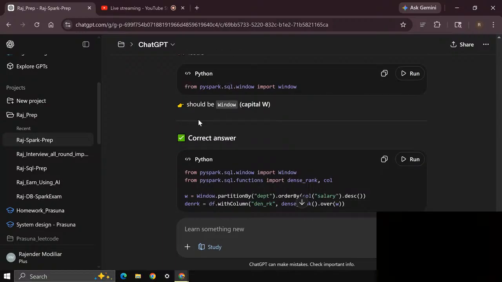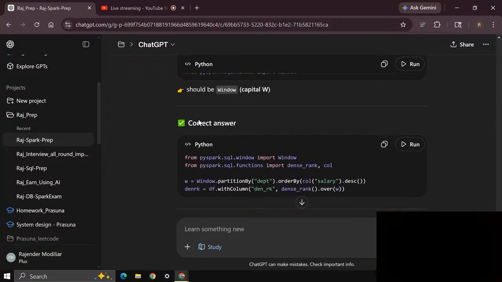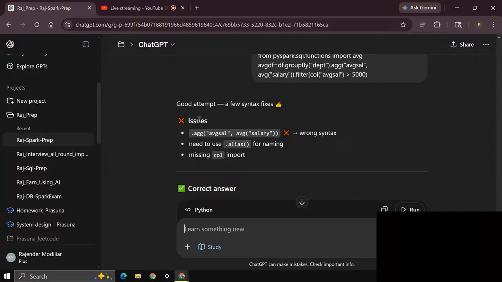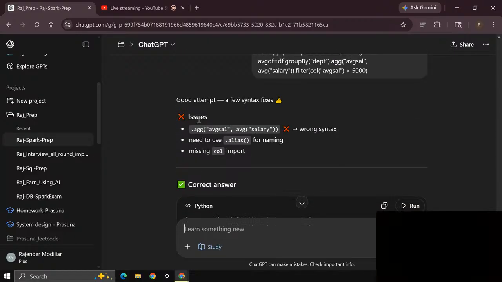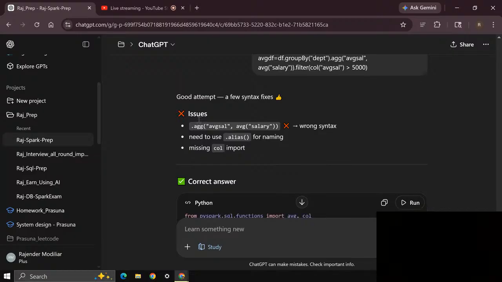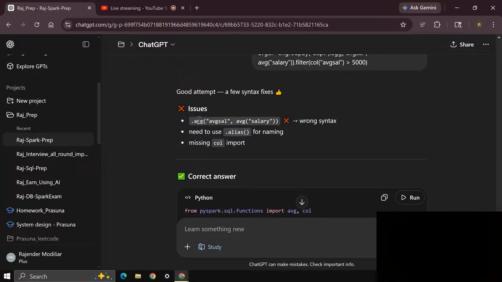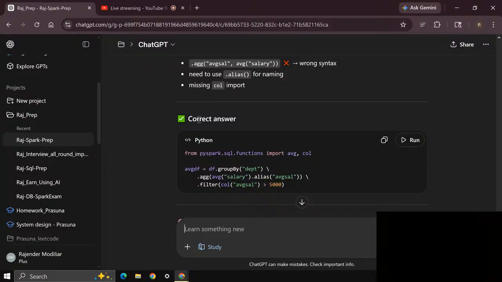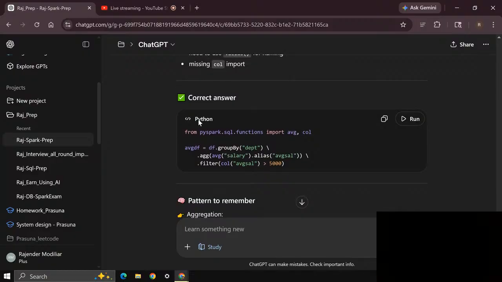Window partition by dept dot. What is missing? Aggregation average sal dot alias. How many times will it tell, man?